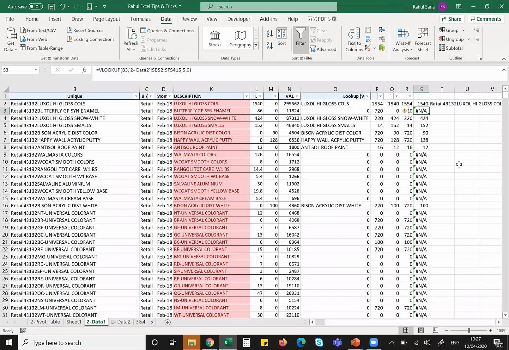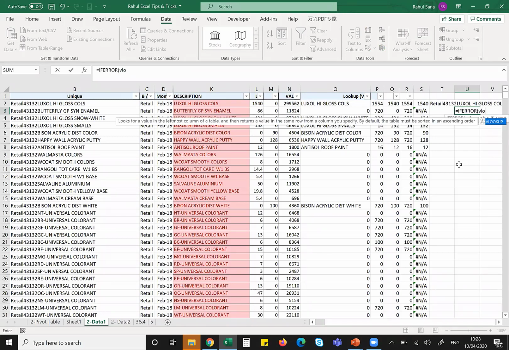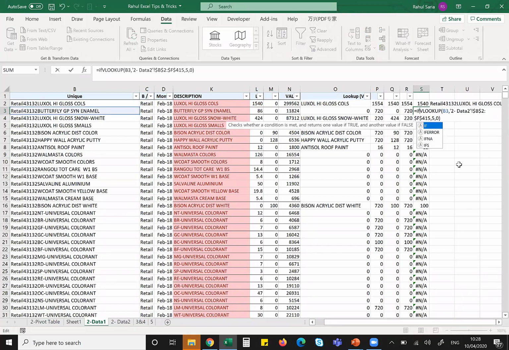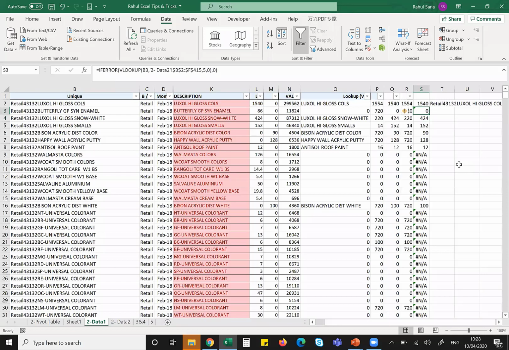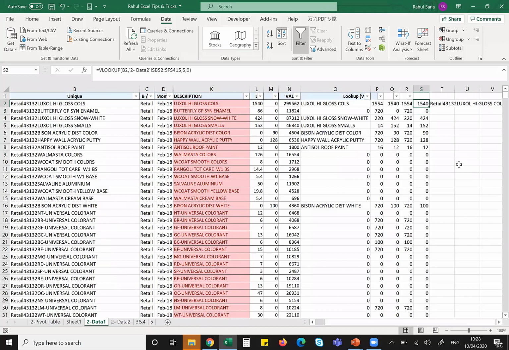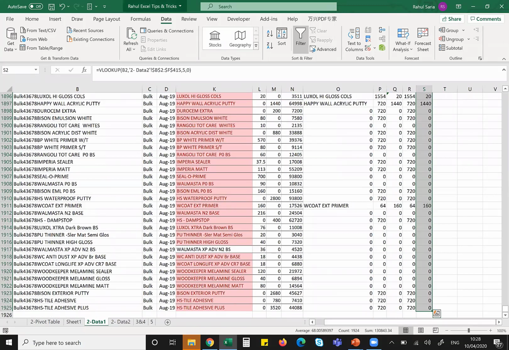Now, how do I remove these errors? There's a beautiful command called IFERROR. So I need to use IFERROR and then start my same VLOOKUP formula or lookup formula. I'll just add IFERROR here and at the end, comma 0. The command says if there's an error, what do I do? I'm telling the command, please give the result as 0. You see, error has turned to 0. Now I can just copy paste this formula and you see all the errors have become 0. I can easily get the sum total. Interesting, guys. You should have a habit of using IFERROR.